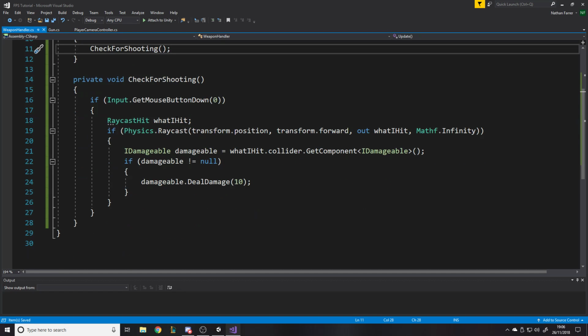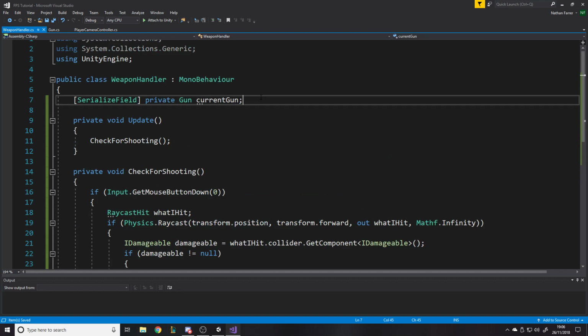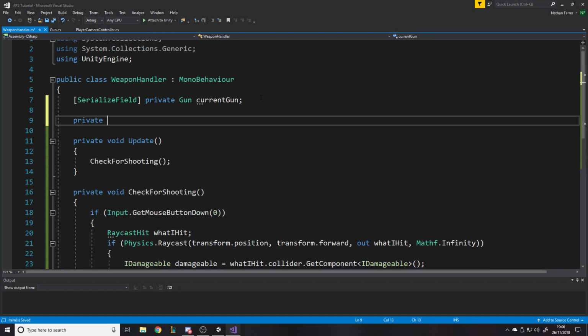Now, as far as I'm aware, this is exactly the same. The only difference is the place where we fire it from was the camera, which is what we want to fire it from. Problem is, we're not on the camera anymore, so it's not going to fire it from there. So what we want to do is have a private transform, so we'll say private transform camera transform,